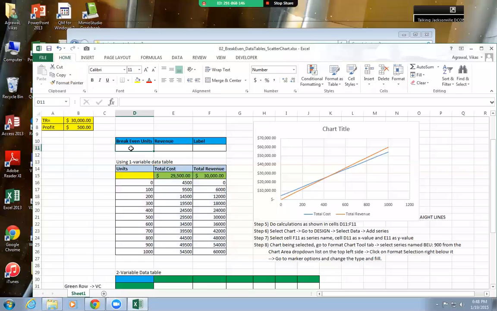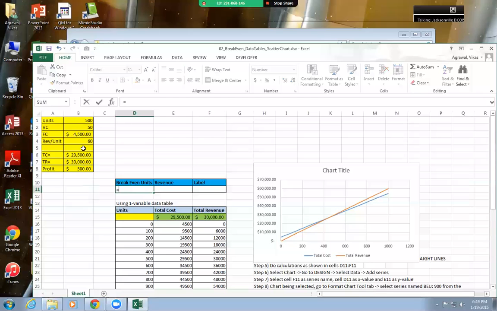Break-even point equals fixed cost divided by R minus V. Okay. So this is revenue per unit, this is variable cost per unit, and that's your fixed cost. So we'll use that formula here. So here I will say equals, what is my fixed cost?